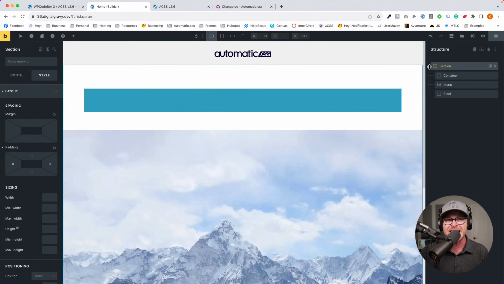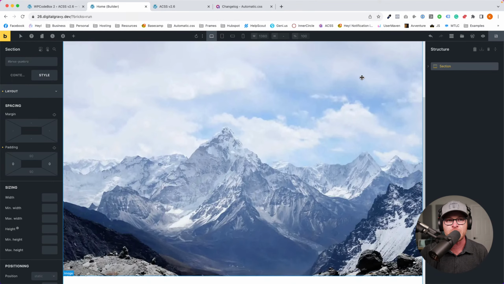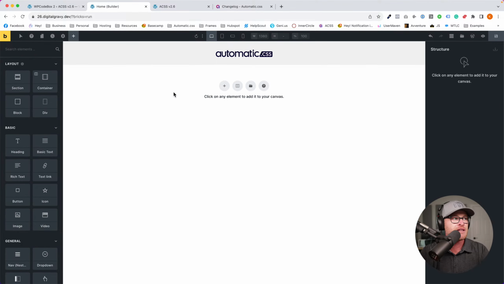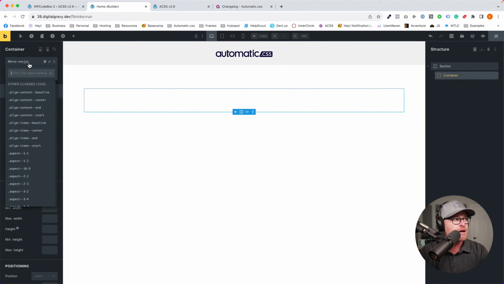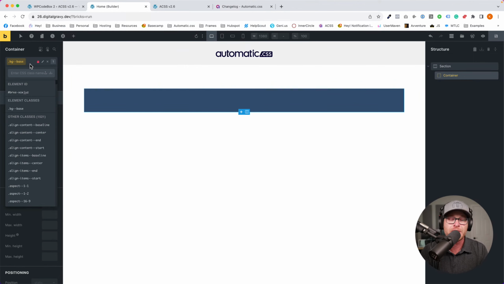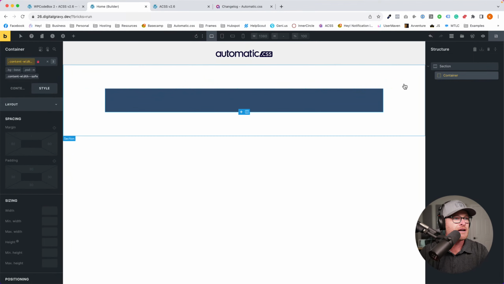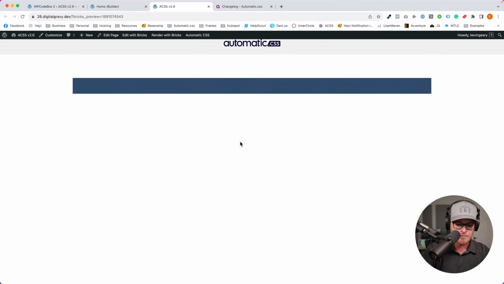What I will say is that if you do have physical gutters, you have to be careful with content width safe. So I'm going to get rid of this, and we're going to put in a section. Now the physical gutter is back because I have a default section that has a physical gutter inside of it, right? So now what I'm going to do is BG base. So you do have to be careful. You have to know what you're doing here, okay? Let's do pad M, and I'm going to say content width safe. All right, save, and then we're going to go take a look at this on the front end, okay?